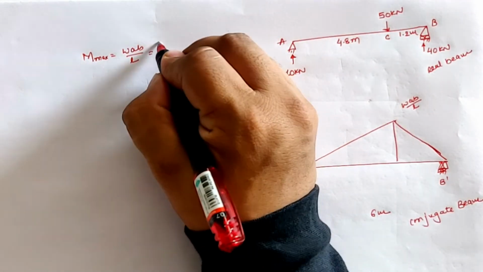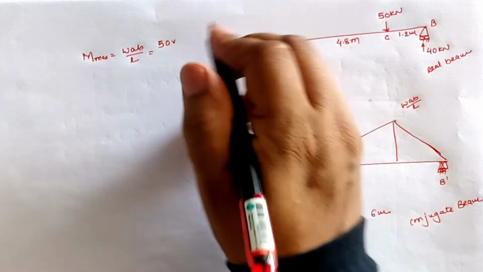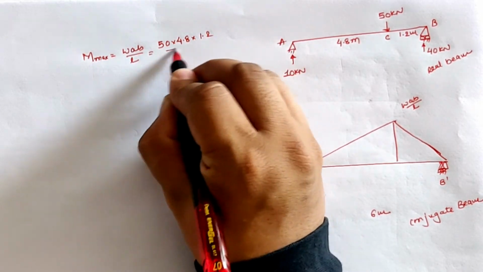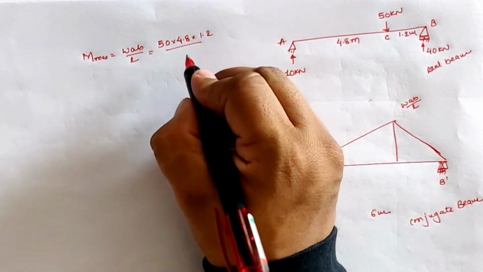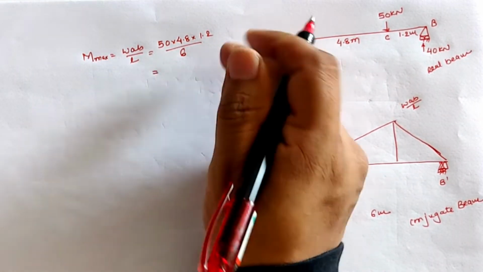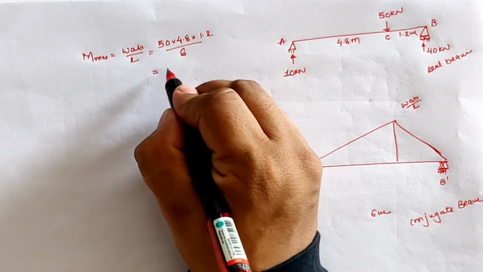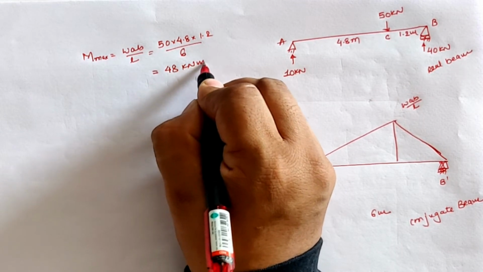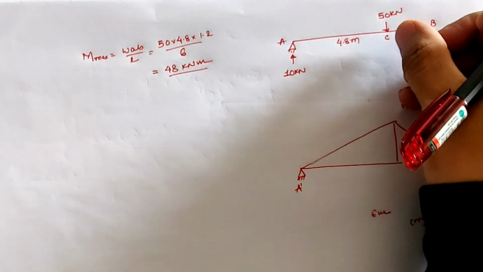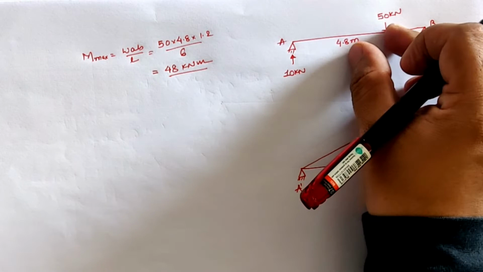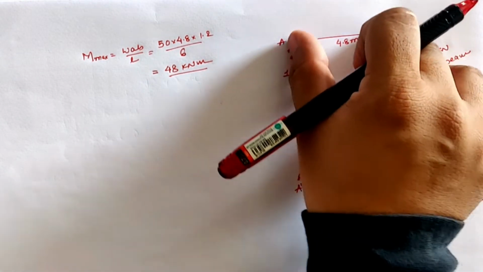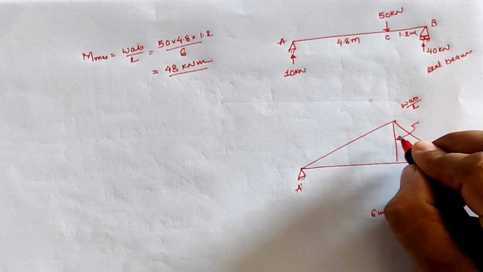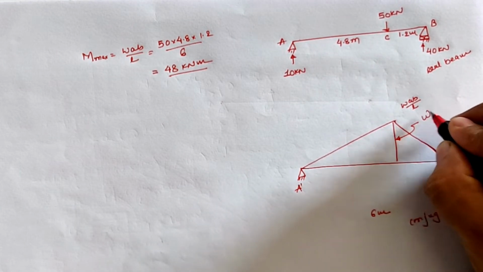and the peak value, or the maximum moment value, is WAB by L, where W is equal to 50, A is 4.8, B is 1.2, and the total length of this span is 6 meter. Hence the value of this calculation is 48 kilonewton meter. Or if we take the moment at location C, then it is 10 into 4.8, which is 48, on the left-hand side, clockwise as positive. So here the value at the maximum location is